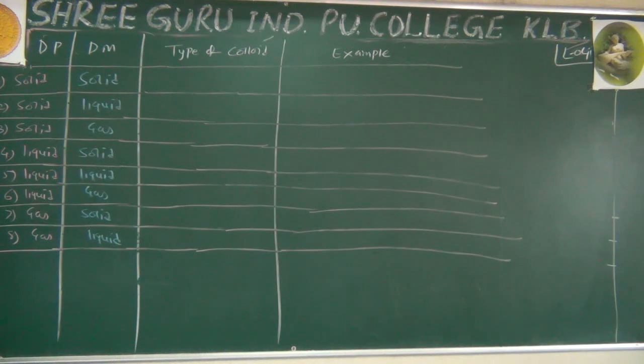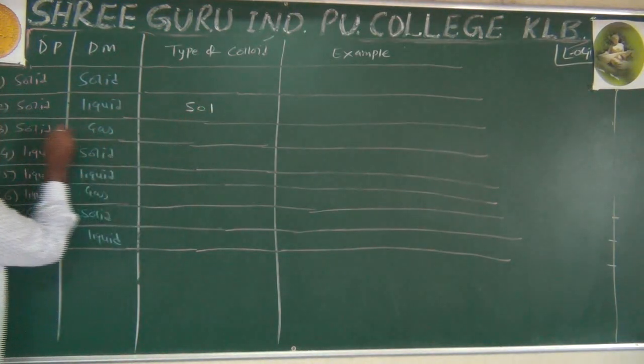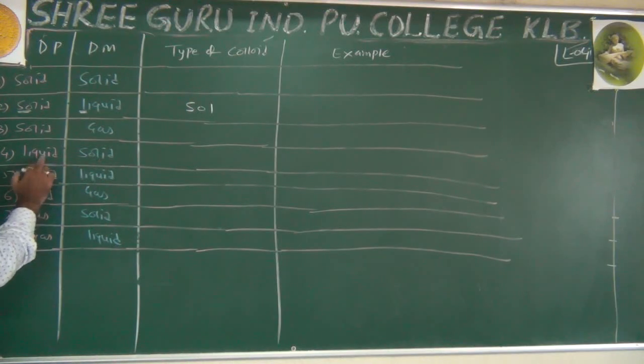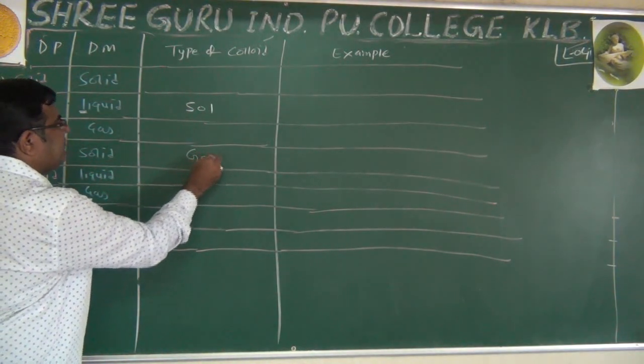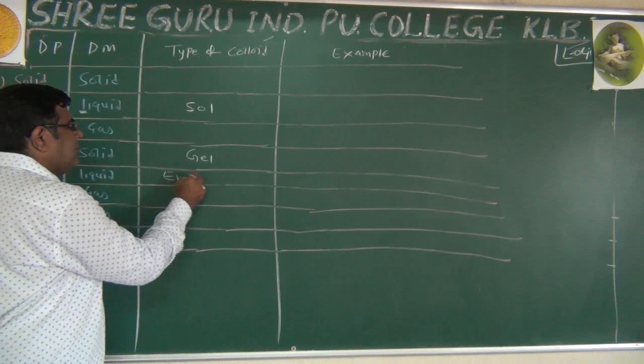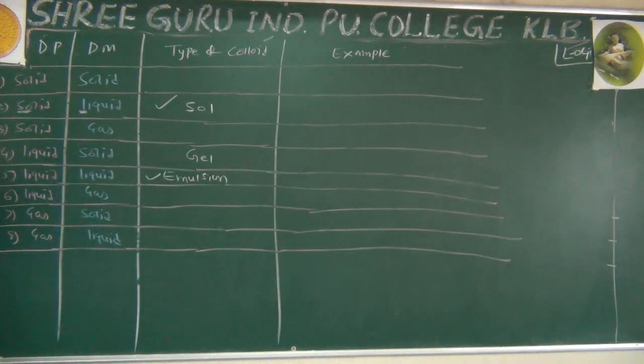They are given very special names. Names also you have to remember. We'll start with solid in liquid. It is called sol. Why is it called sol? Because of the so of solid and the l of liquid. So it is called sol. If we reverse it, liquid in solid, it is called gel. Liquid in liquid is called emulsion. These two I will learn in this colloid topic in detail.